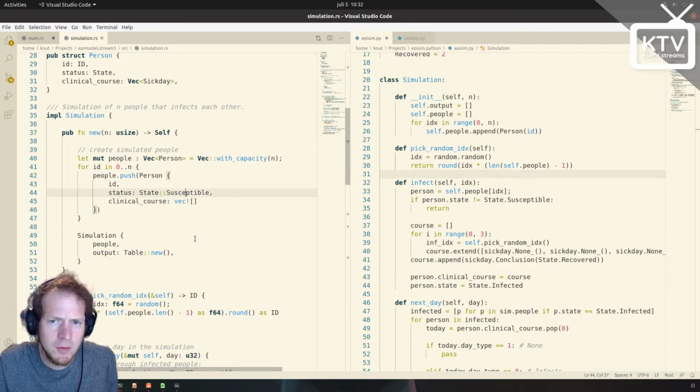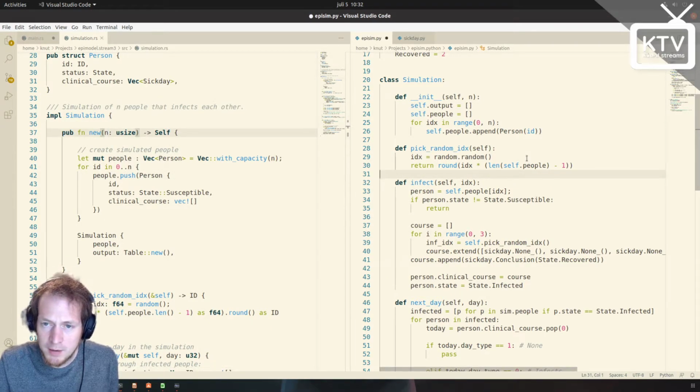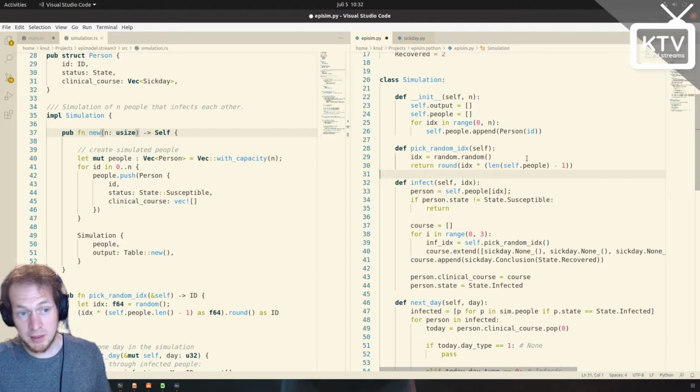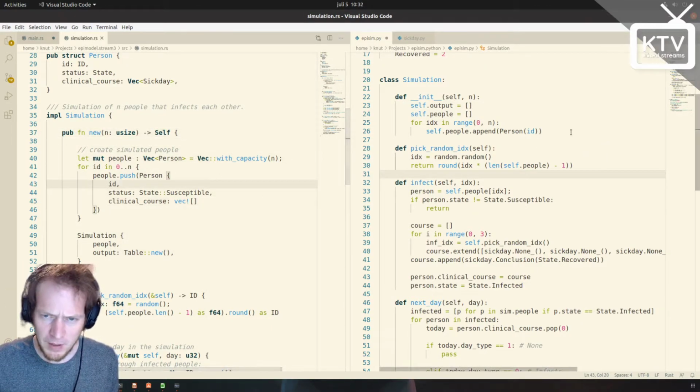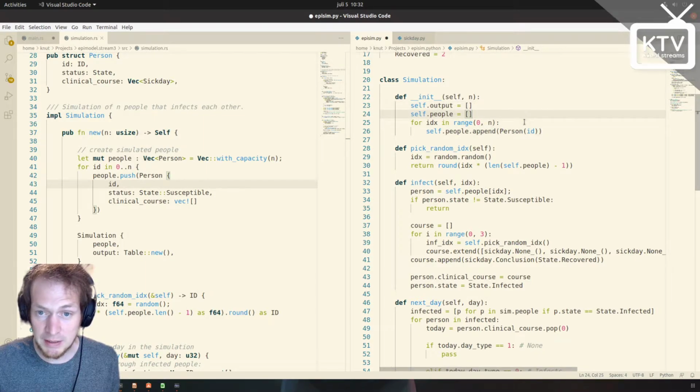Okay, so how do we create a simulation? Well, in Rust, we create a mutable array of people. We populate it with people. So we just basically push a new person object into this array n number of times. This code is incredibly clean in Python compared to this. This entire block here is replaced by this initialization for the structure in